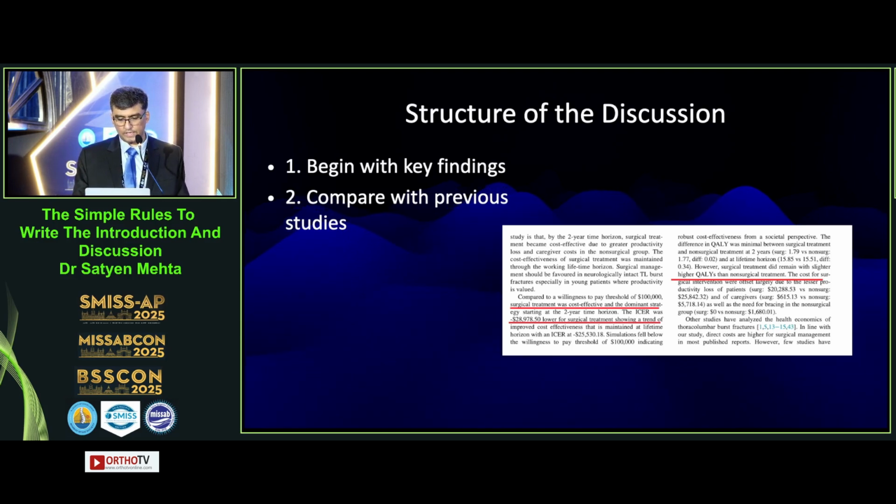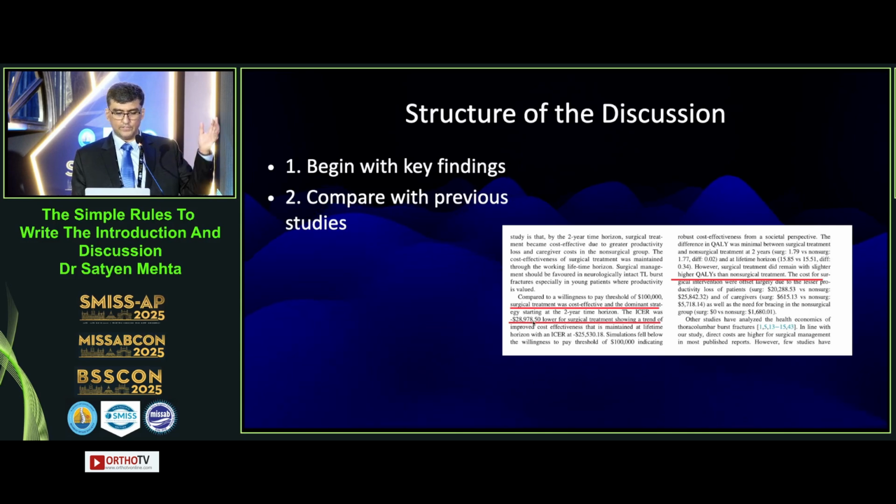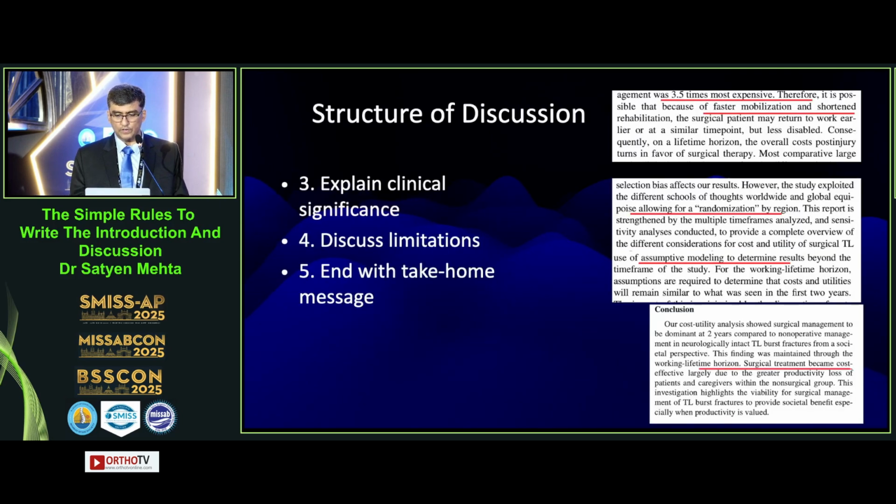What he has done here is that he has given a key finding that over 2 years' time, the cost of surgical management was actually $28,978.5 more than conservative management. And why? Because of the higher quality of daily life and earlier return to work, etc. What the clinical significance is has also been mentioned. If you operate on them, they get back to work faster, etc. The next is your